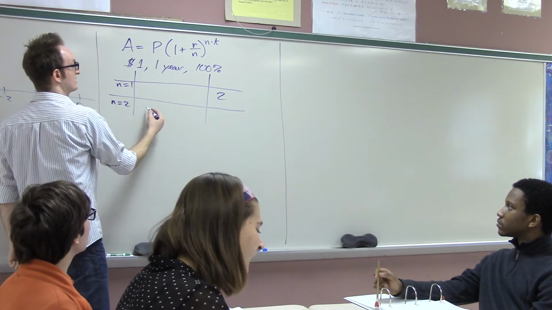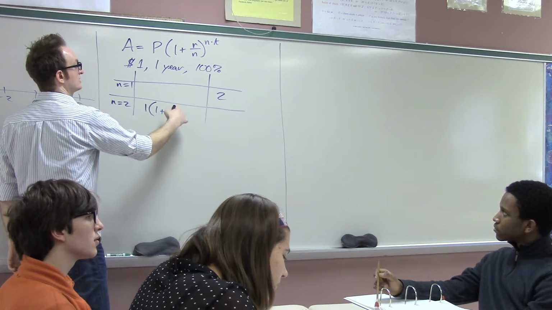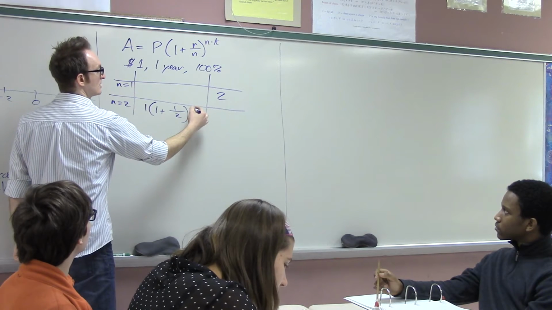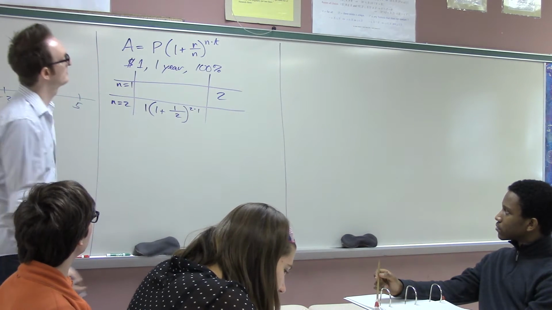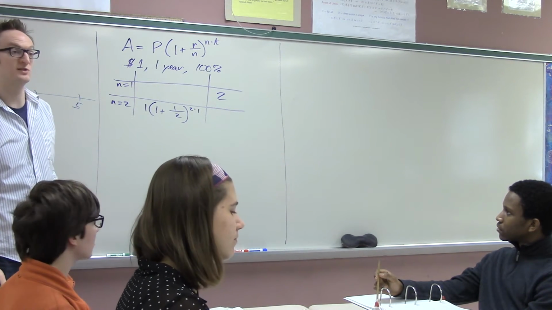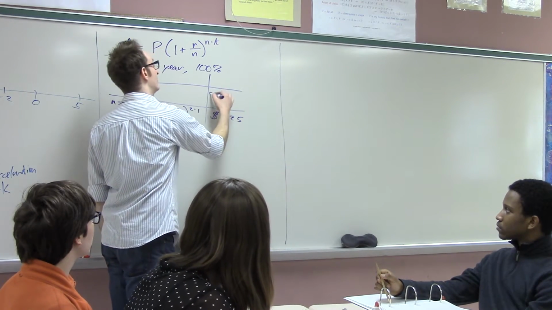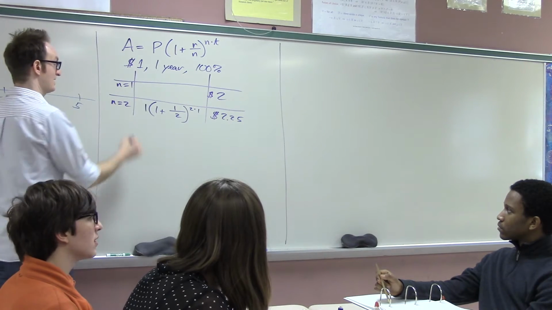and the formula says, well, I take my $1, I go 1 plus R, which is 1, over the number of time periods compounding, which is 2, all squared. Yeah, just 3/2 squared, that's 9/4, that's $2.25. So I end up with $2.25, and I'm very impressed, and I'm so happy,